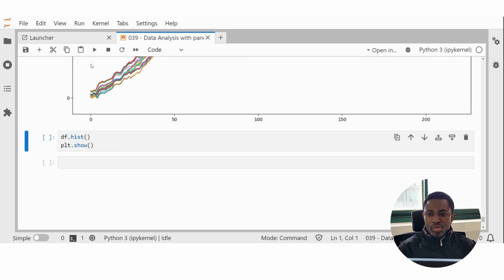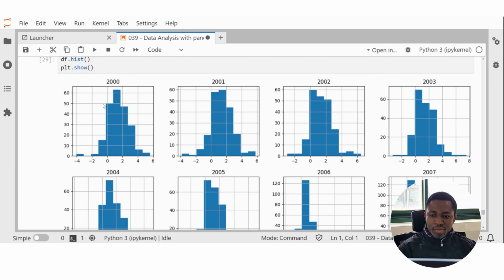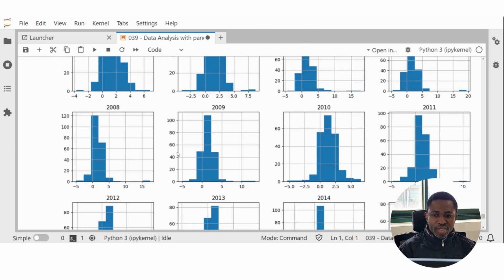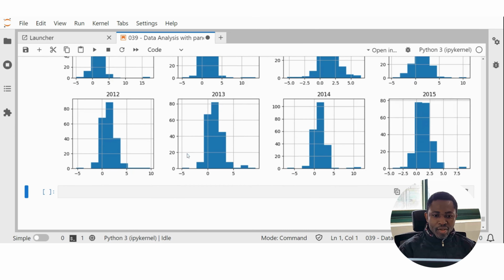You run this and show the plot, it takes a bit of time, and then it shows. You can see Year 2000 and the distribution of the data. You can also use this to do anomaly detection, to check for anomalous values. You can see 2000, 2001, 2002, 2003, across the years, how the data are distributed until the last one,